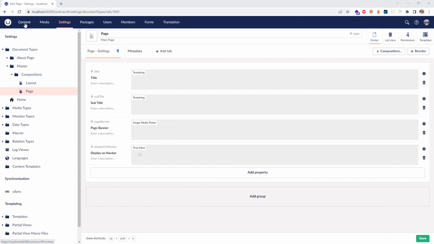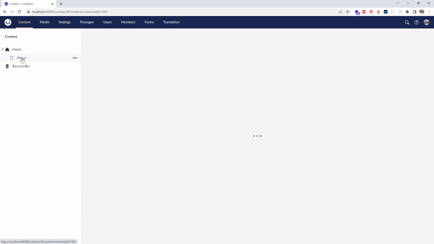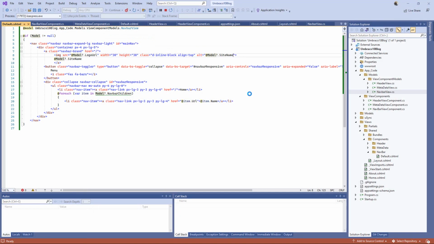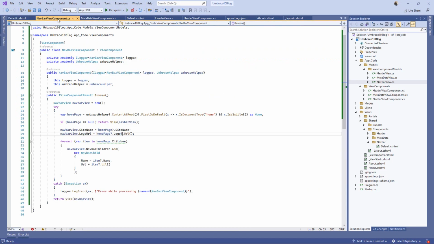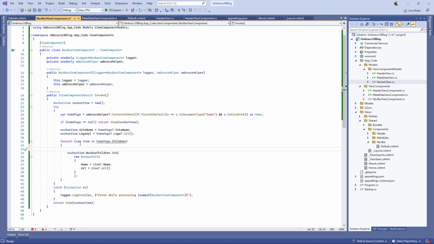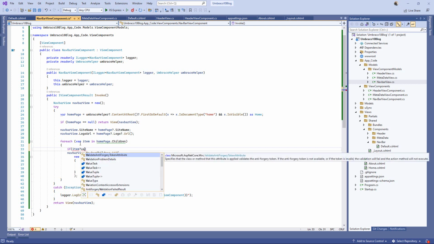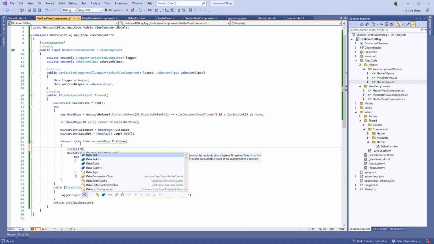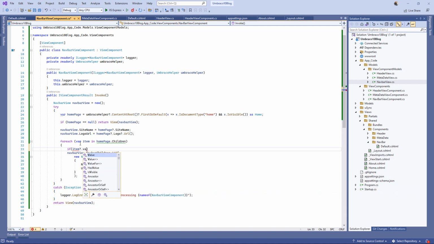So we save this one. We can go now to any page. We should be able to see that display on navbar. So I'll leave it now here. I will go back to the view page component. So I'm here in the for each children. So I will ask if this item has value dot value,